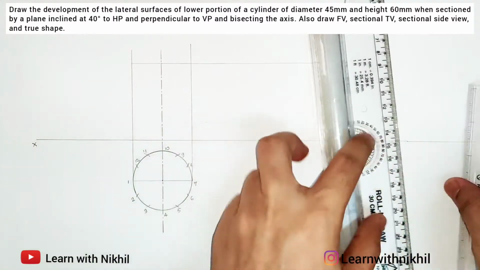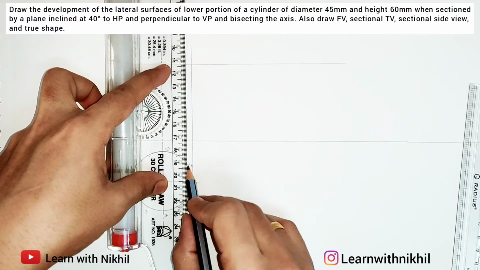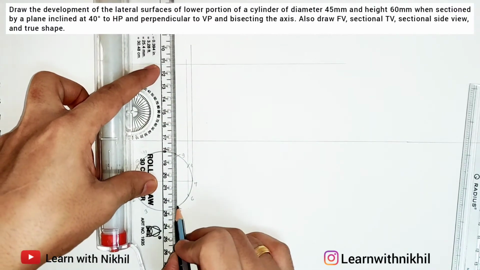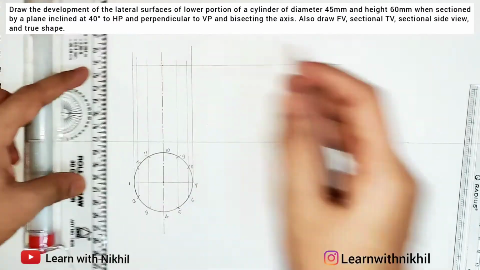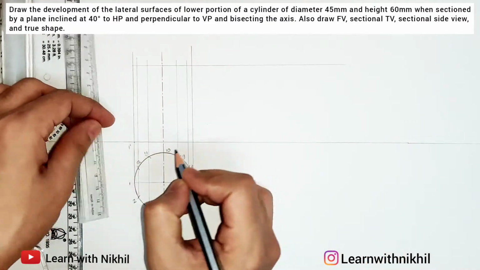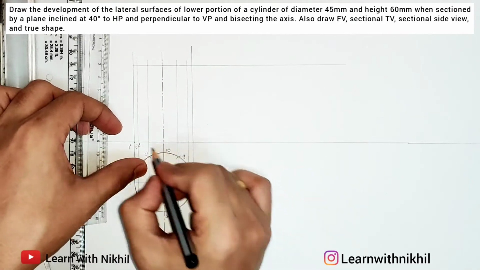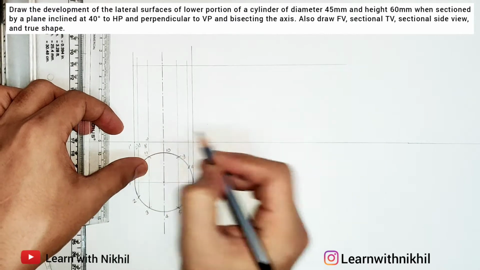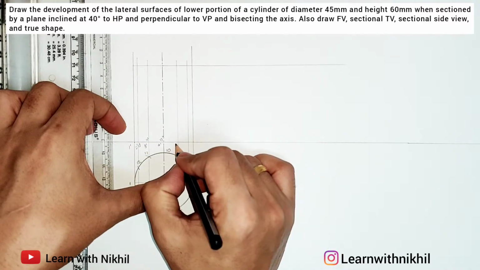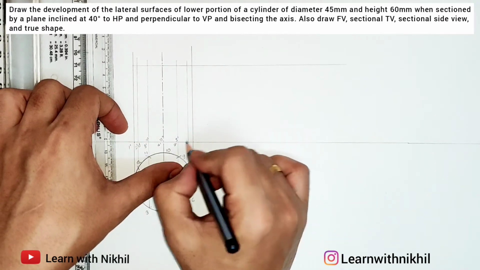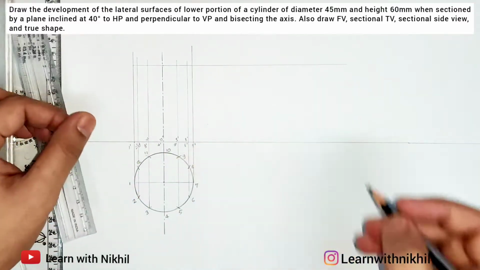Now I'll take the projections from these division points upward towards the front view. So this is same line, this intersects, this also intersects, and these 2 points also intersect. I'll mark this as 1 dash. According to this, 2 dash, 12 dash, this is 3 dash, 11 dash, this is 4 dash, 10 dash, this is 5 dash, 9 dash, this is 6 dash, 8 dash, and this is 7 dash.